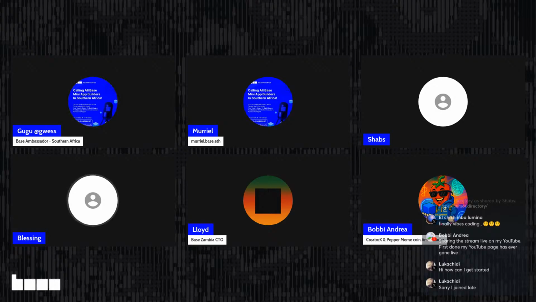What I'm building, what am I? What would you like to know in terms of what I'm building? Okay, what's your experience? Have you started building on base? Are you new to building on base? Have you used any vibe coding tools? And what are you planning to do at the hackathon? If you are ready to share, you don't have to share what you're going to do, but tell us about your participation.